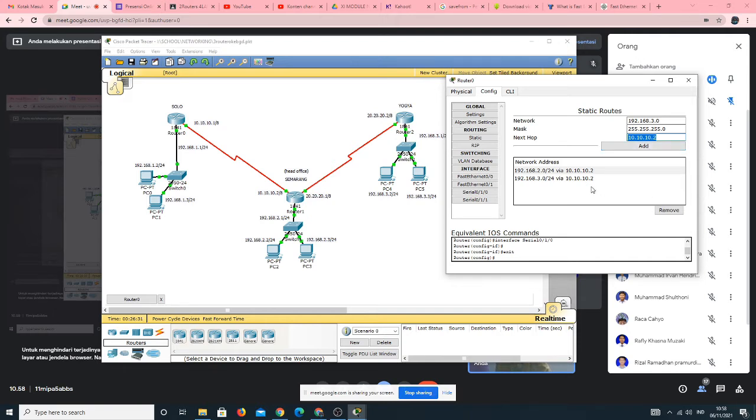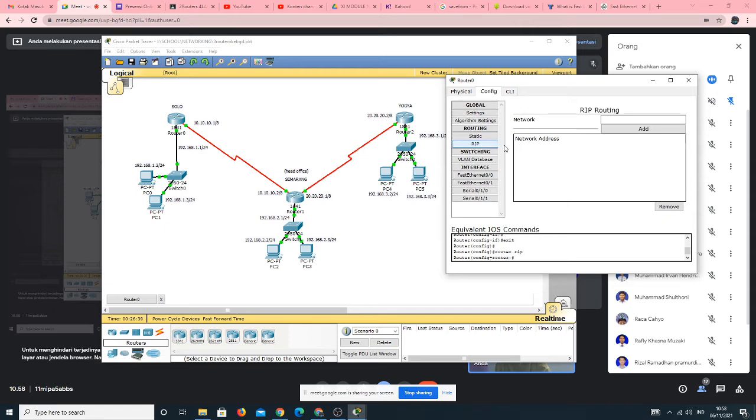If you want to add the RIP configuration, you can add the RIP from this, and then the network is the fast Ethernet IP of each city.